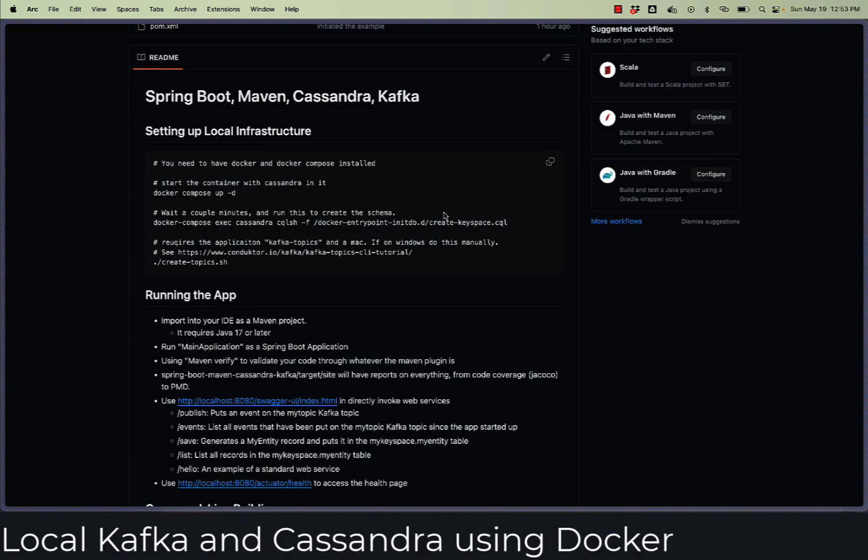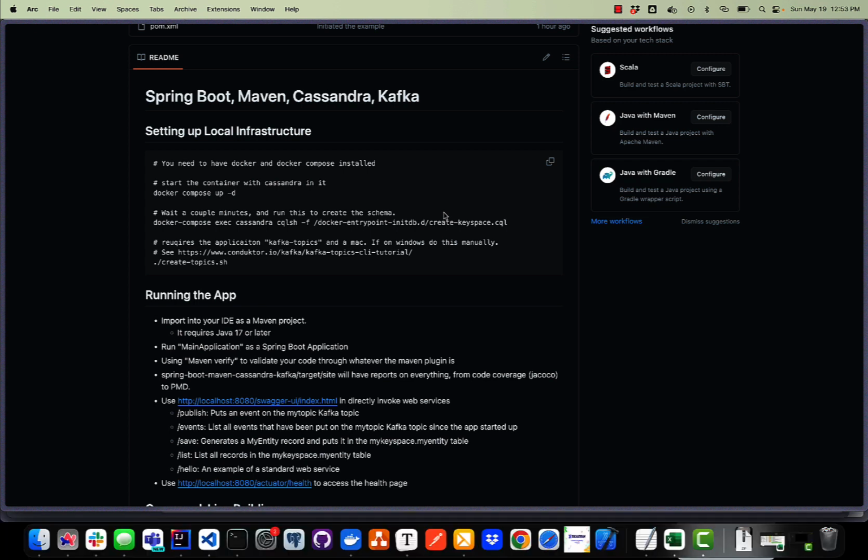Looking at the README, I've left some of the basic instructions for setting up both the local infrastructure and then running the actual app. We're going to start with the infrastructure, which requires you to have both Docker and Docker Compose installed, because we're going to be using those Docker containers to run the Cassandra, Kafka, and the related Zookeeper